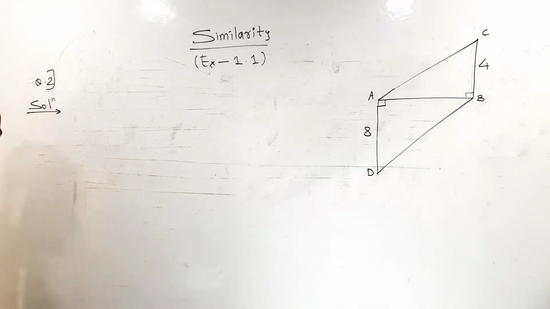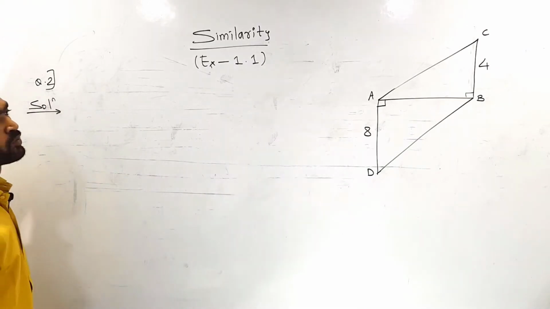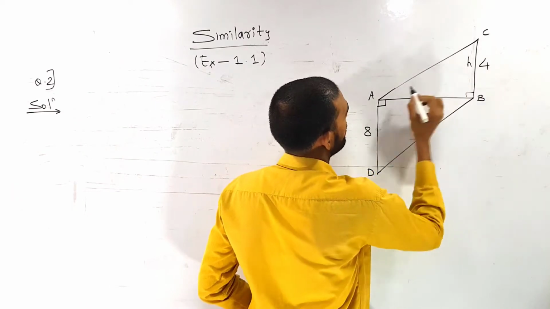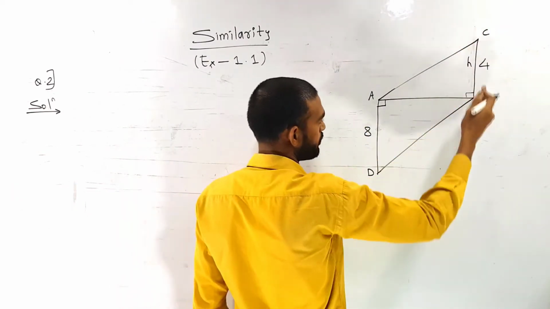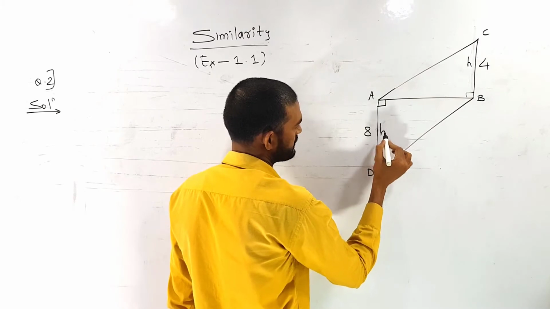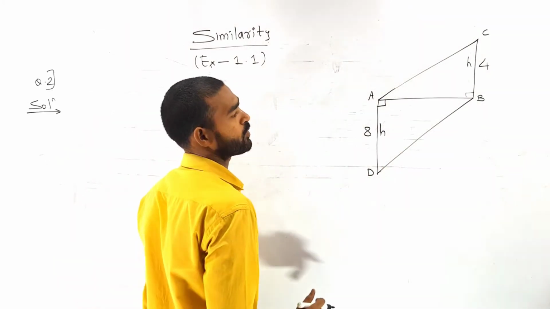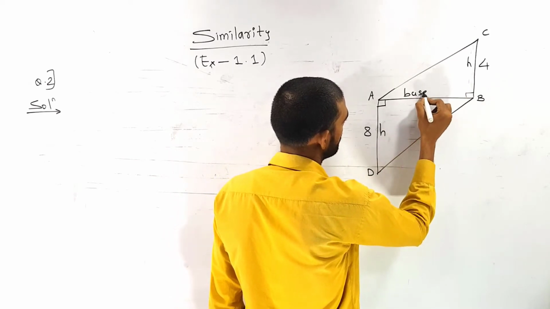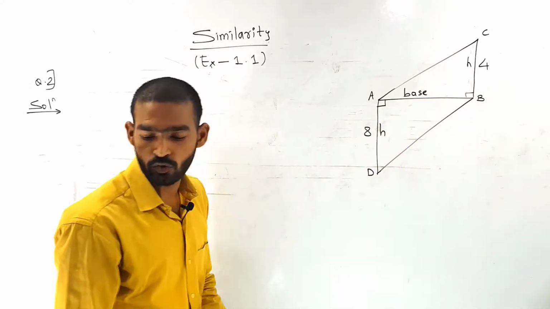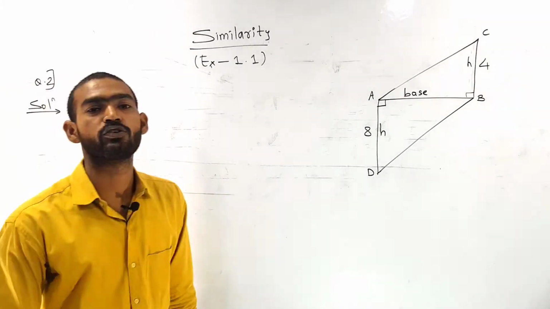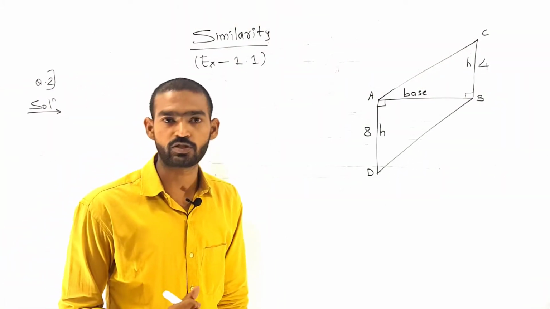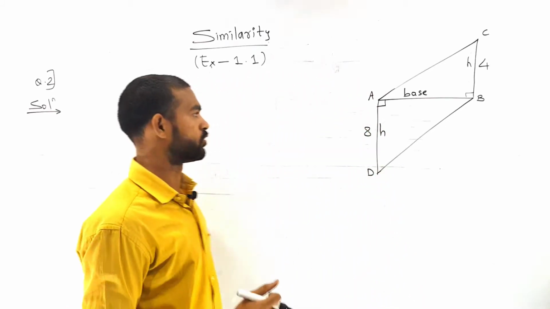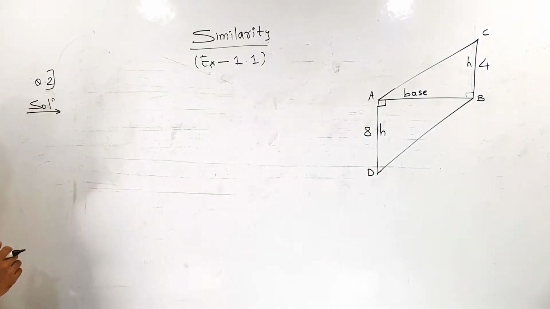Now here we can see two triangles. Now both the triangles are having height and base. So look, height of first triangle is BC and height of second triangle is AD. What about base? Both the triangles are sharing same base. So which property is it? It is your second property, triangles with common base. So let us start the solution.